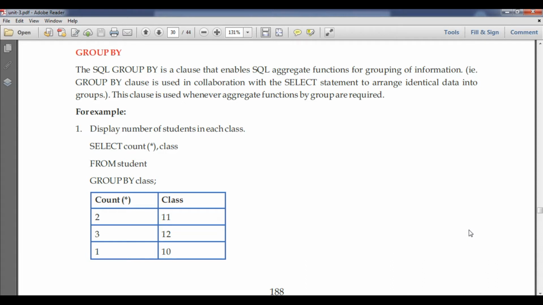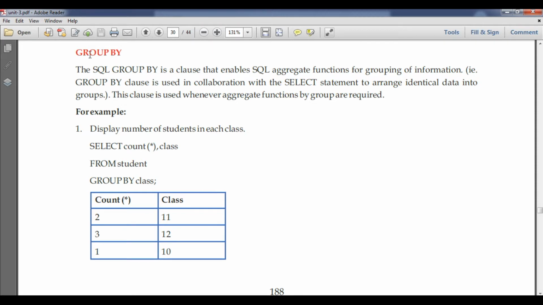In this video, students, we are going to understand what is the group by and having clause. So let's begin with the theoretical part first. As we know, we can have the order by command in a normal command. In this condition, we are going to access particular information or list through the group by command, in which we will categorize on the basis of any attribute that we like. For example, you can see in the table we have categorized according to class. In that particular table you can see how many students are in 11th class, how many students in 12th class, and how many students in 10th class. Like this we can say.